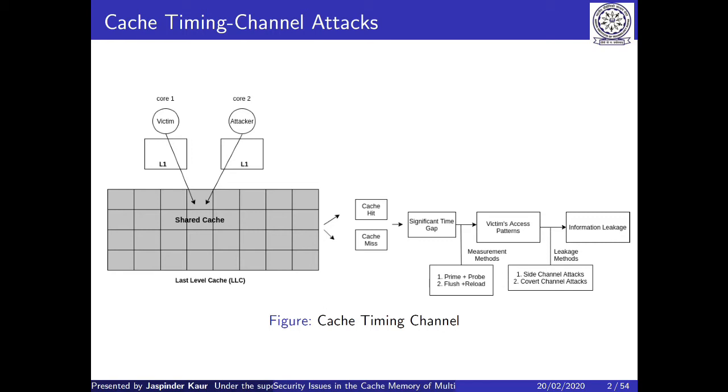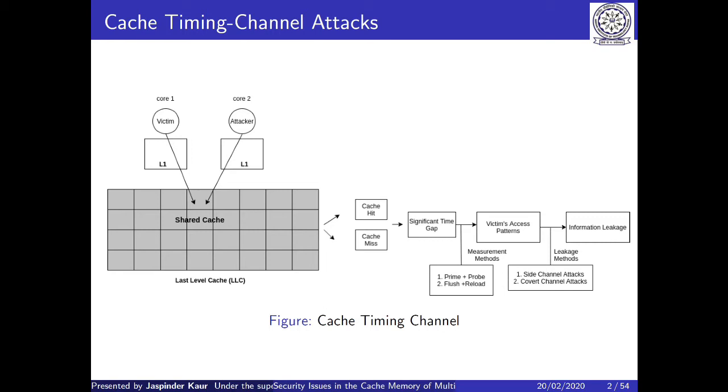A possible way to do this is by measuring the time difference of cache hit and cache miss. Suppose a core requested a block, and when the block is received by the core, it can measure the time required to access the block. That is called the memory access time. If the memory access time is low, that means the block was a hit in the cache. If the memory access time is high, that means there was a miss in the cache, so